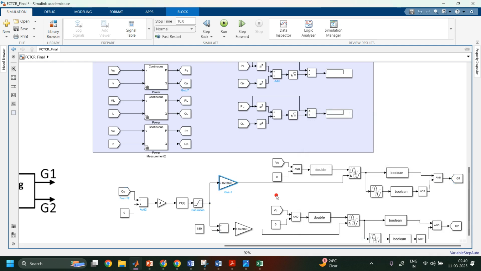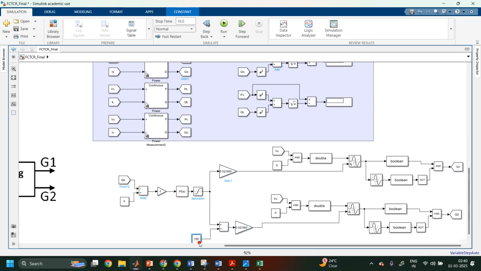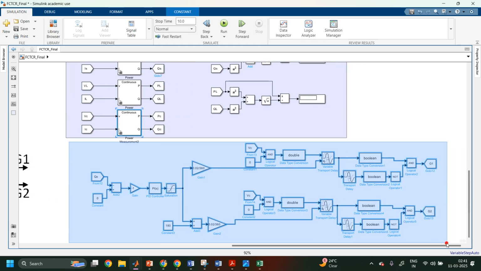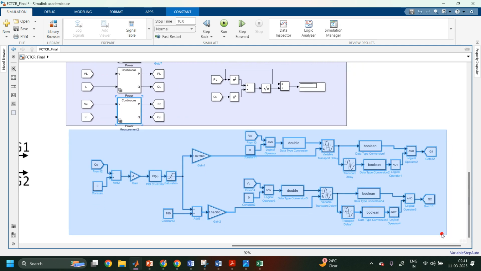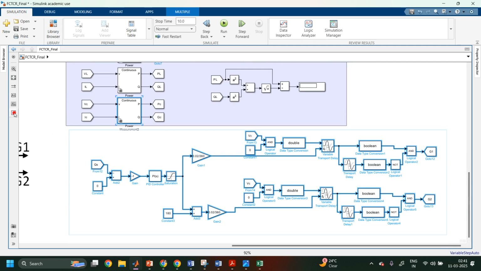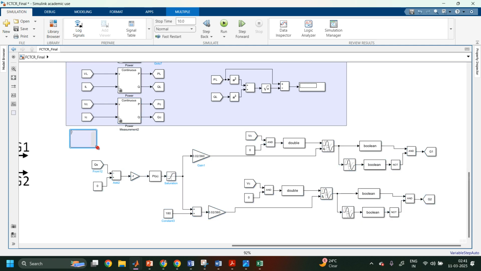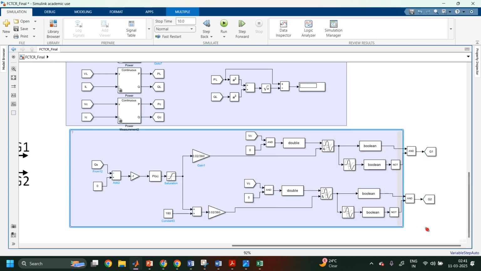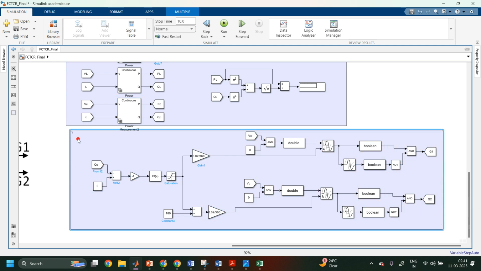So if you observe here, this is the total design of my controller. After running the controller, how the results are to be taken, which results we want to see in the output, that we will see in the next video. So this entire thing consists of a controller. Let me create this area and let us take this in one area. So this is my controller design